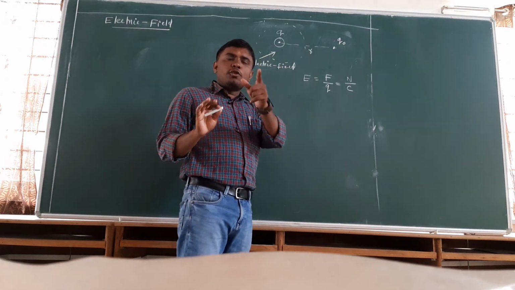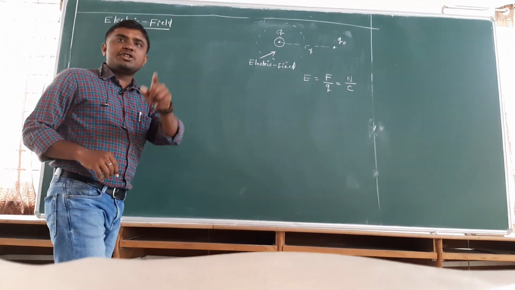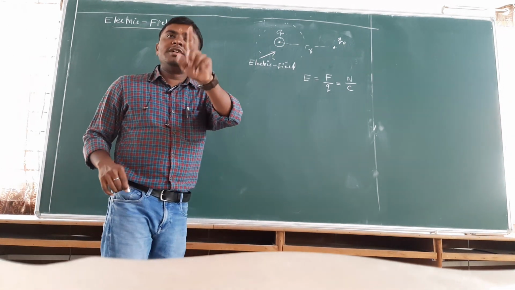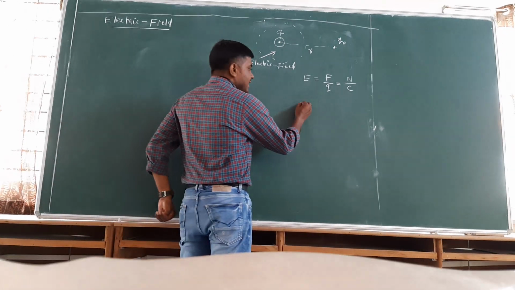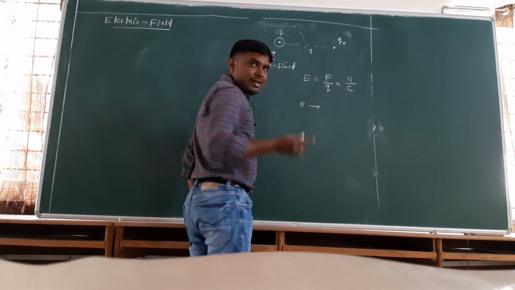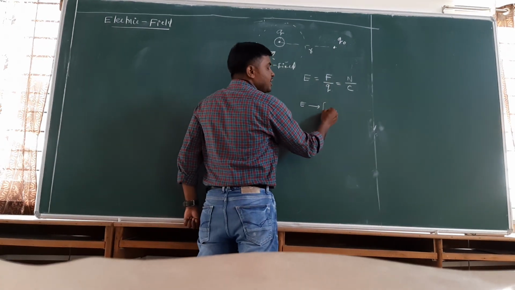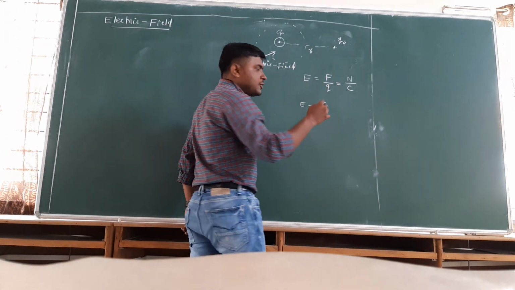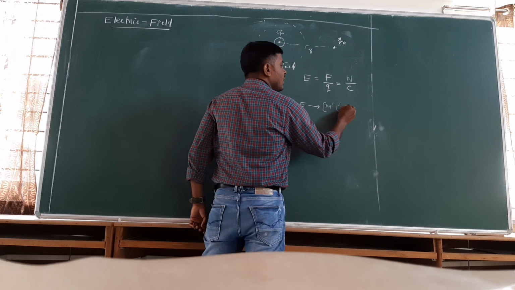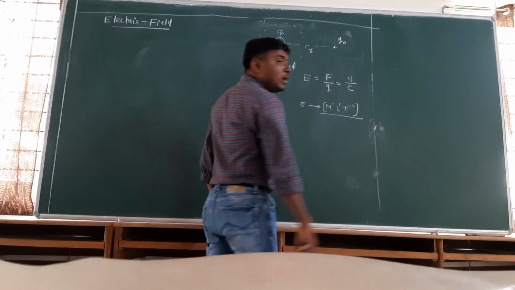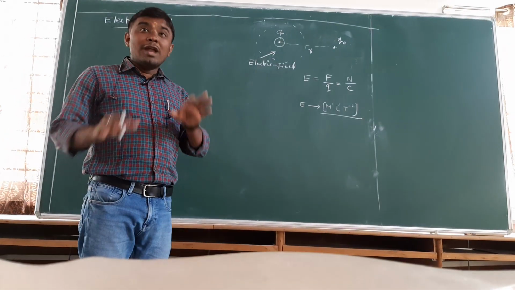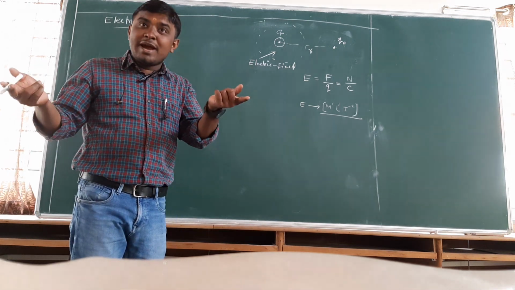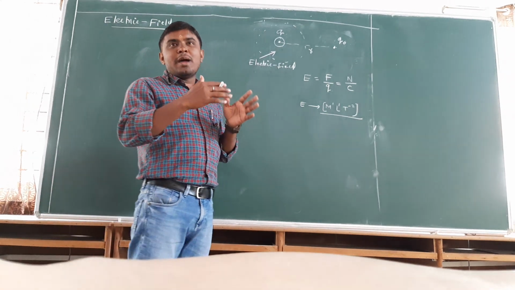As we know, Newton is force and force is always equal to mass into acceleration. Mass has the dimension M1, and acceleration has L1 T minus 2. So what can I write here? Dimension of E will be equal to Newton, that is force, that is M1 L1 T minus 2, divided by Coulomb. Now what is Coulomb? Coulomb is not a fundamental unit, so we cannot write the dimension of Coulomb directly.